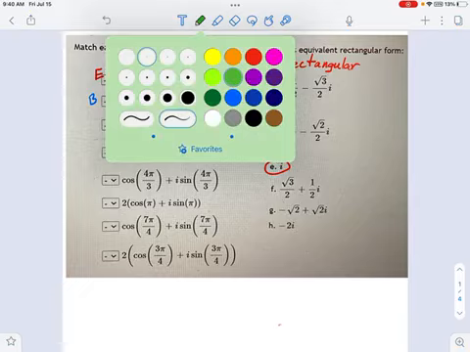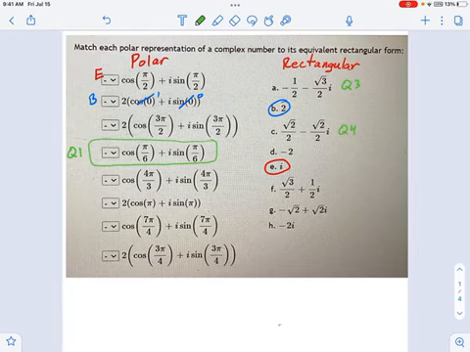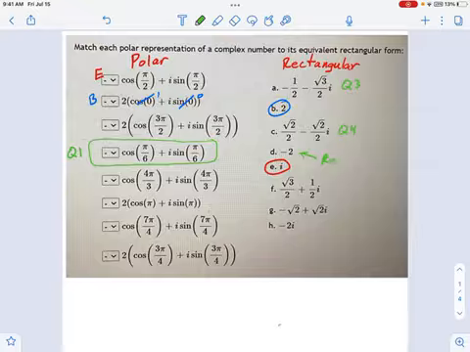This guy right here. What quadrant is that in, if you think about it? Well, the angle is pi over 6. So right away, I should be able to tell this is quadrant 1. And which one of my rectangular coordinates are in quadrant 1? What do we have here? This is in quadrant 3. This right here is in quadrant 4. This over here, real number, let's see. Oh, that's on the axes. That's on the real axis. So that's not really in a quadrant per se.